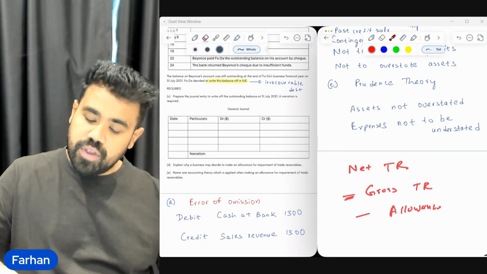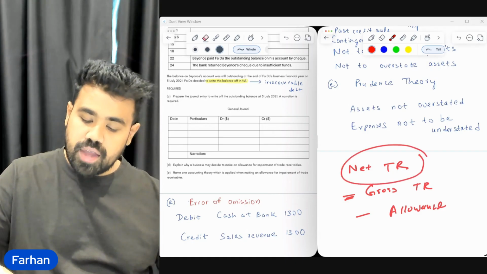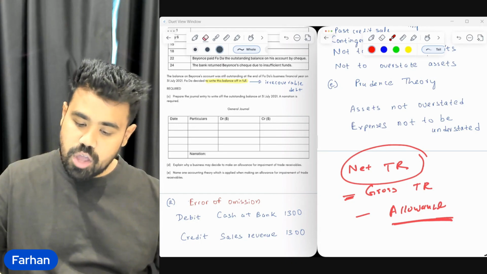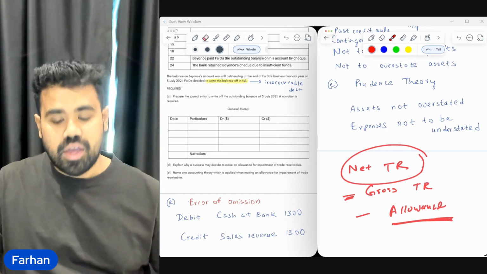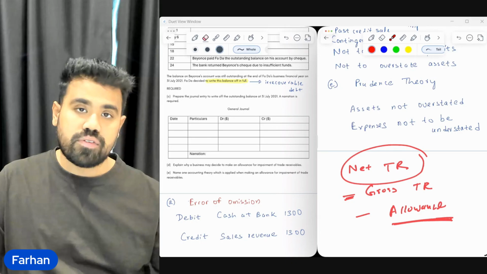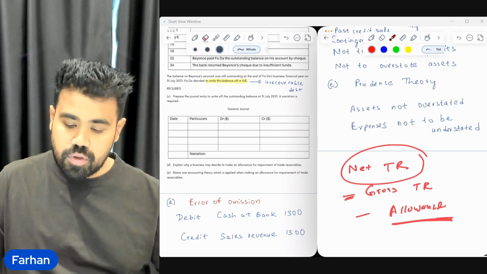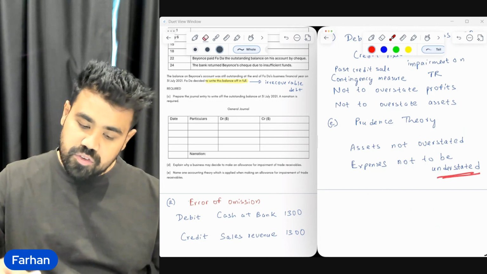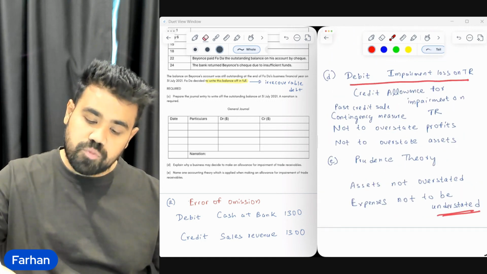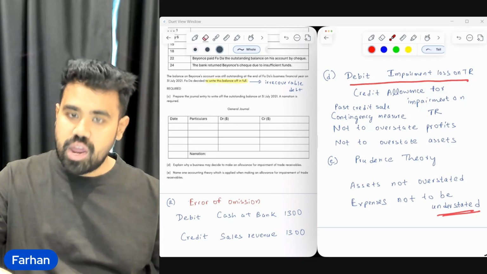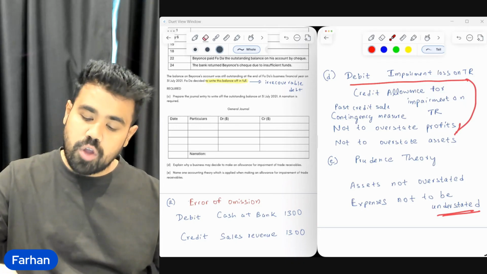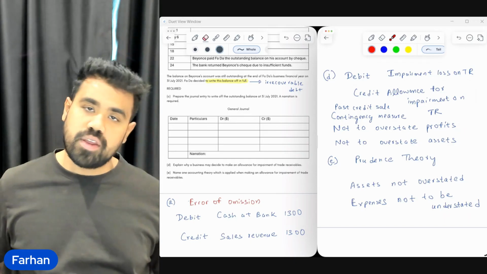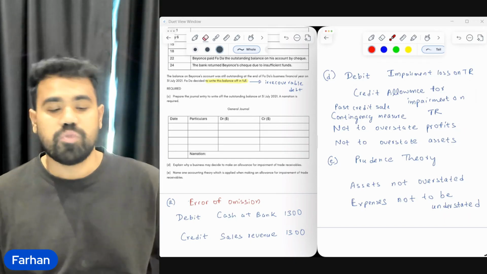So obviously the net trade receivables is the asset amount which we're not overstating because we are factoring in the allowance. Okay. And that is where the prudence theory is valid, which justifies the recording of such allowances. And then simultaneously, when we don't understate our expenses by recording an increase in expenses, which is to debit the impairment loss on trade receivables, we are essentially not overstating our profits. So therefore, we are not overstating profits, nor overstating assets, nor understating our expenses,